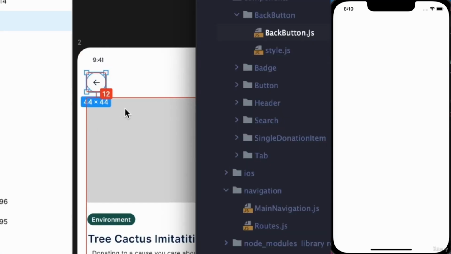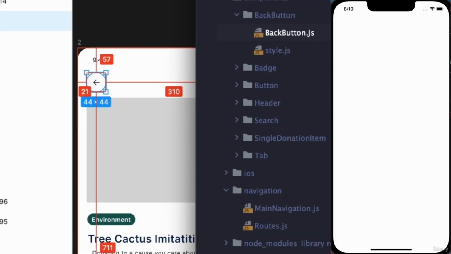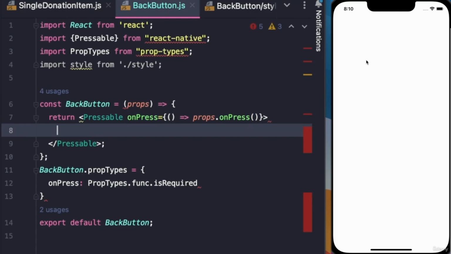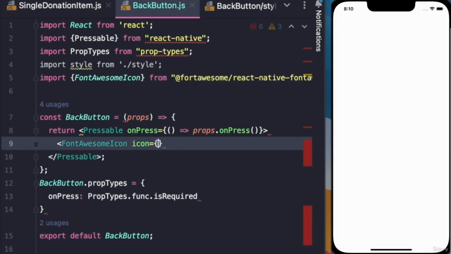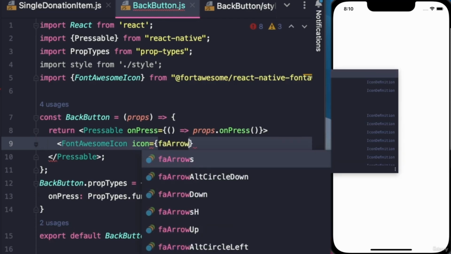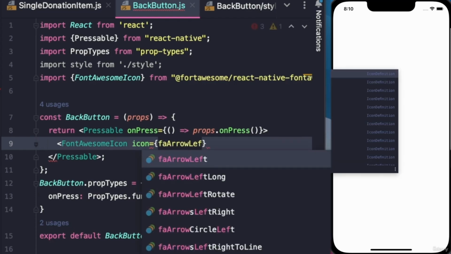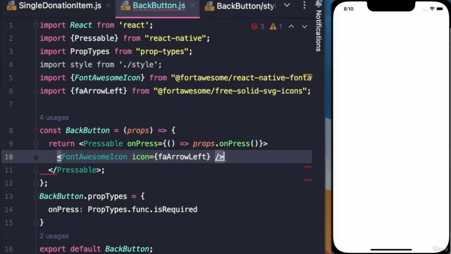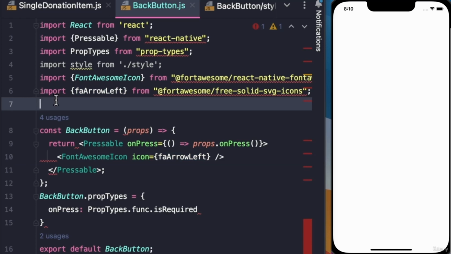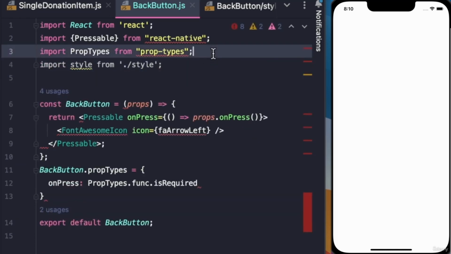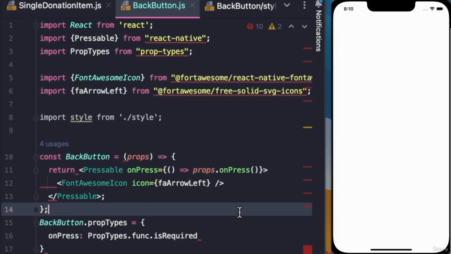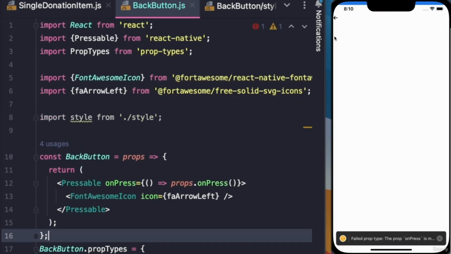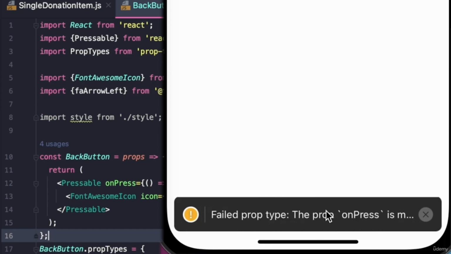And inside here, we have the back arrow. So we're going to have to use a font awesome icon for that. So let's do that. And then let's search for FA arrow left. And yep, it exists. And we're going to use the solid icon for that. And then again, I'm going to sort these and I'm going to put those here. And let's save this. And now we see the back button here,